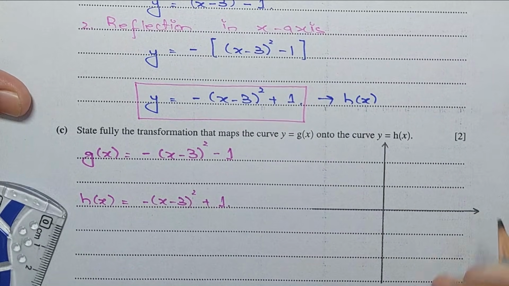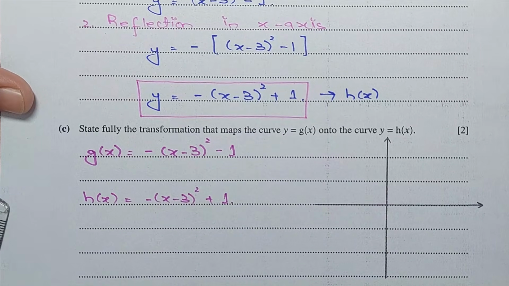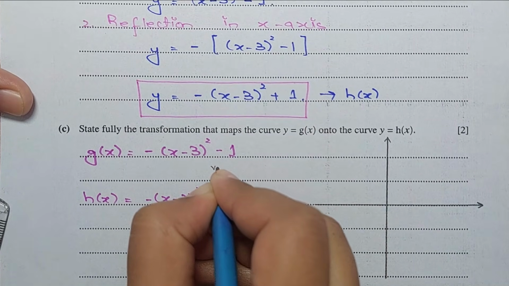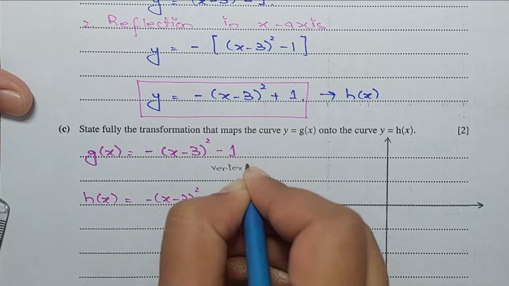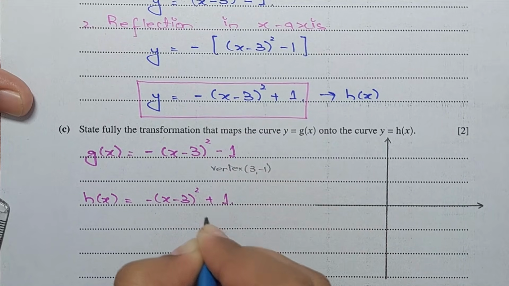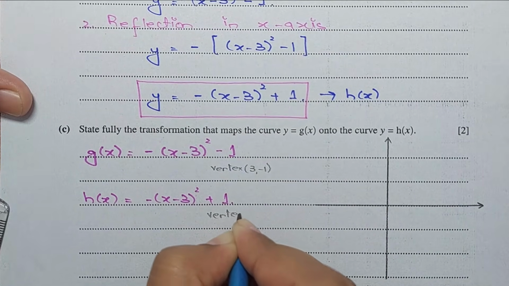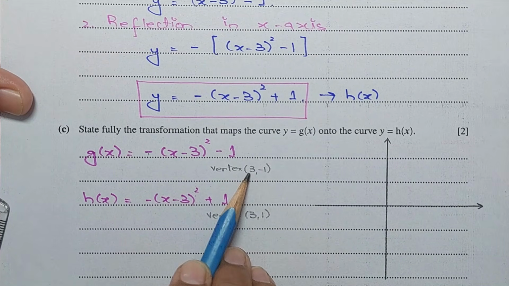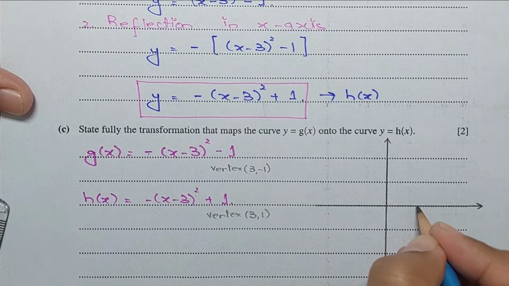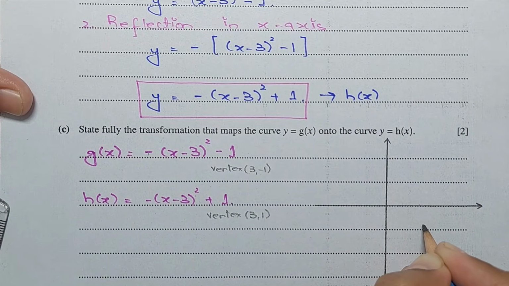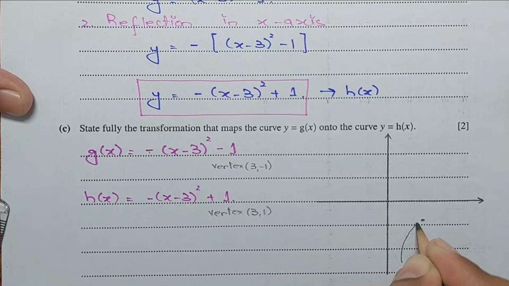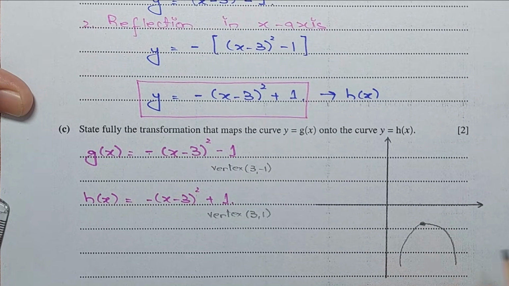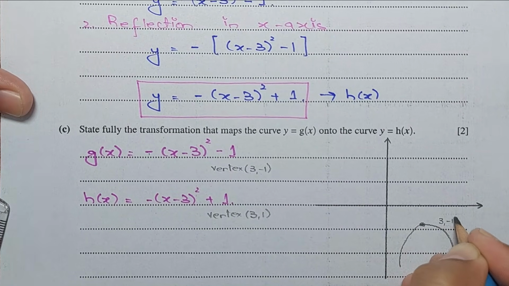Okay, so first thing, this is a quadratic equation in vertex form. So what is its vertex? Its vertex is (3, minus 1), and for this one its vertex is (3, 1). Okay, and the x squared coefficient is negative in both cases. It means the opening of the parabola is downward. So first let me plot g of x, (3, minus 1). The x value is 3, the y value is minus 1, let's say over here. And this is how the curve looks. This point is (3, minus 1).